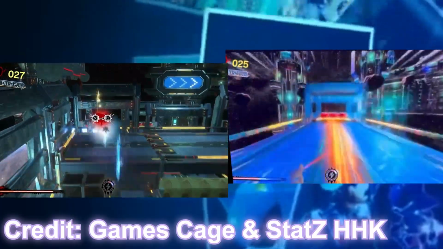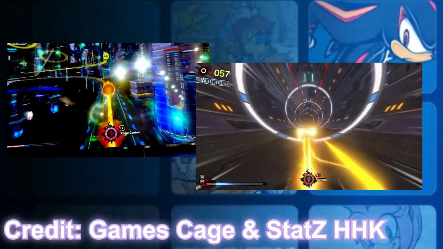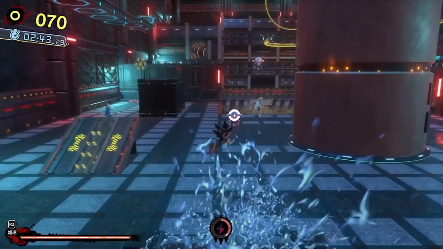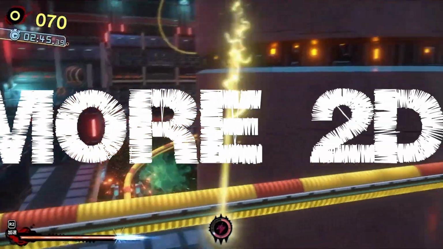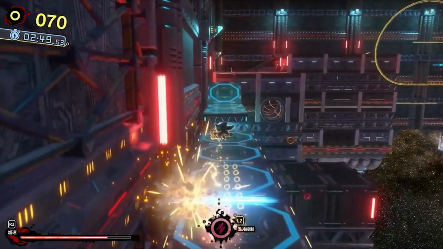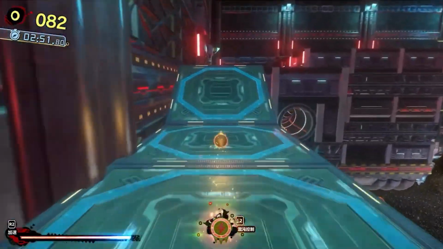The various alternate routes you can go through, so long as your eyesight is sharper than a black man's hairline as he's on his way to get him some cutty tonight. And one big thing I've learned most people are happy about: no more 2D sections! Based off this first level, I think it is safe to say that this game is not going to have any more 2D